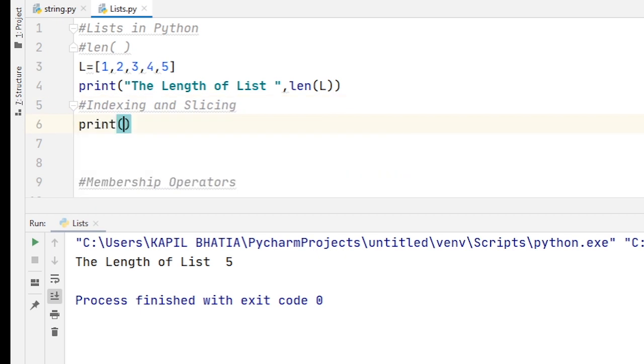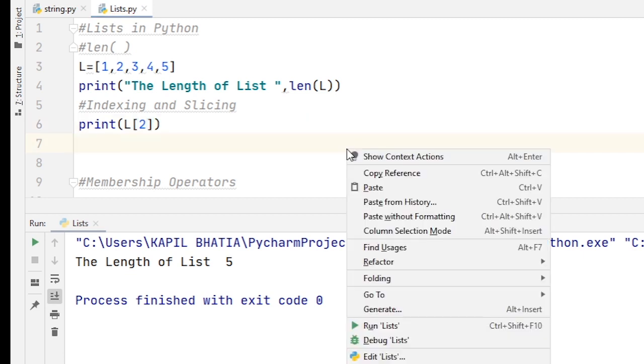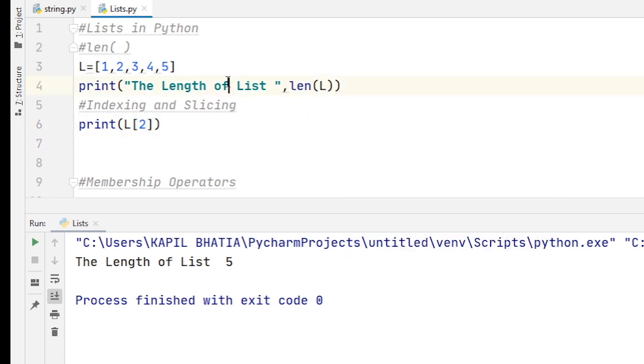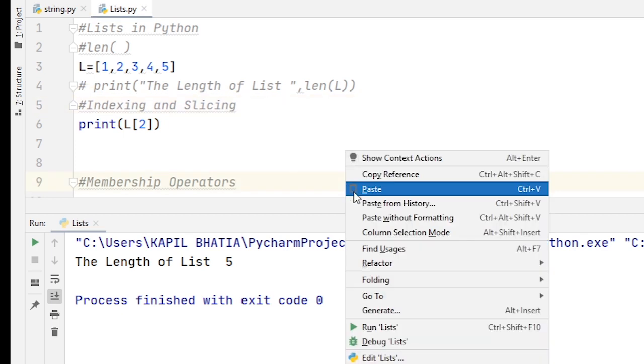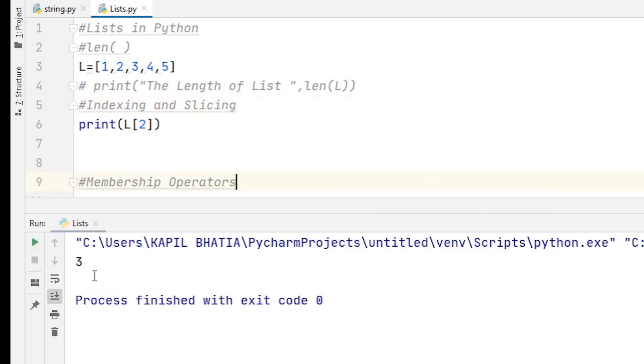So if I print L[2], it will return 3. Because L[2], as I told you, indexing always starts from 0. So 0, 1, 2. At the second position you can see the value is 3. Okay. Next is slicing.